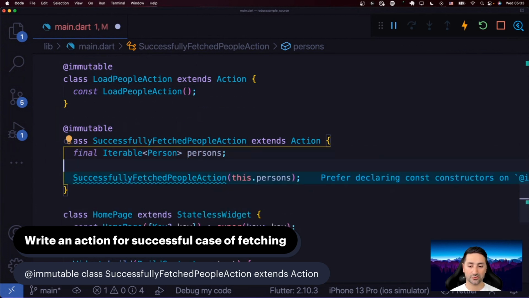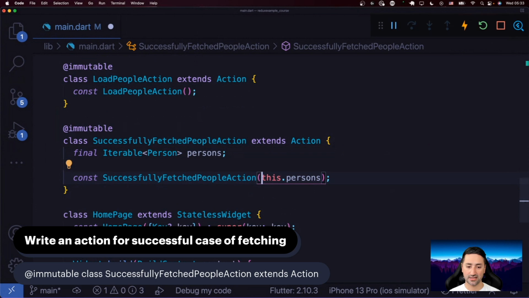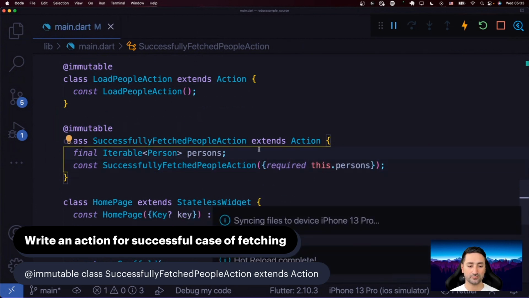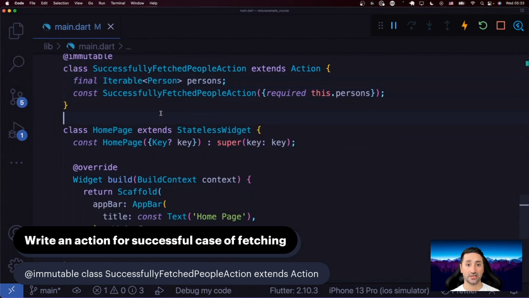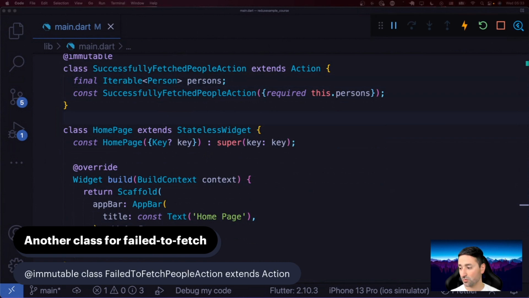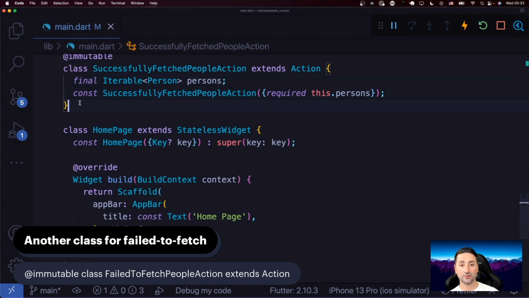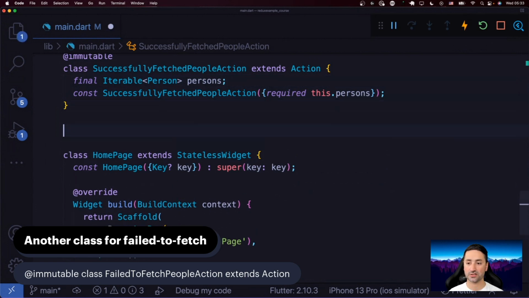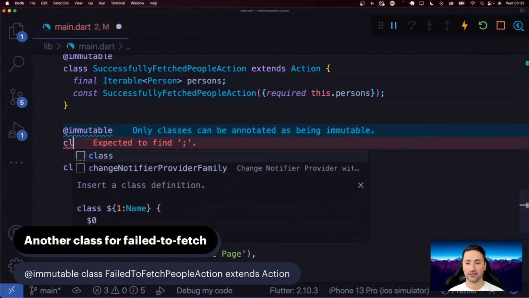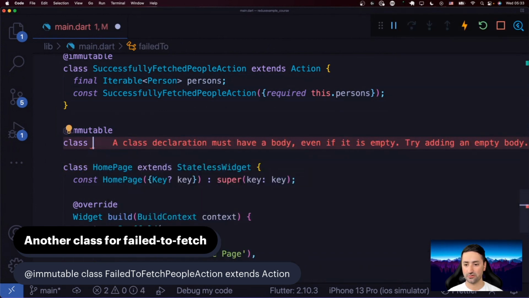Let's go ahead and create the constructor for this, and I'm going to say const, and let's just say required parameter this.persons. Great stuff. That one is done. Then we need to go ahead and define the action for whenever things go wrong, whenever the fetching or the JSON parsing goes wrong. So let's say immutable class FailedToFetchPeopleAction,